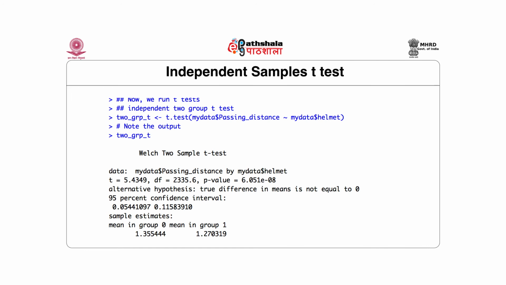R gives you the outputs. It first puts out the data, then it shows you the t-statistic, then the degrees of freedom, and a p-value. You can see here that the p-value is very high. What does this p-value indicate to you? This p-value tells you that the data that you had obtained, in other words, the averages of the passing distance for the bikers who were wearing helmets and the bikers who were not wearing helmets,